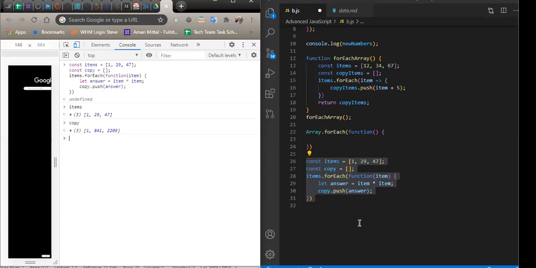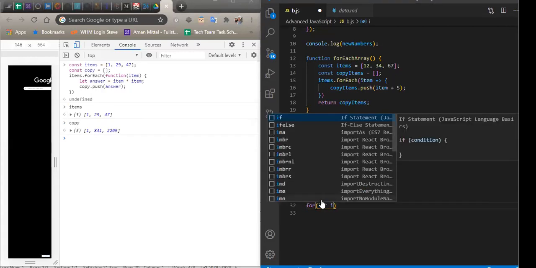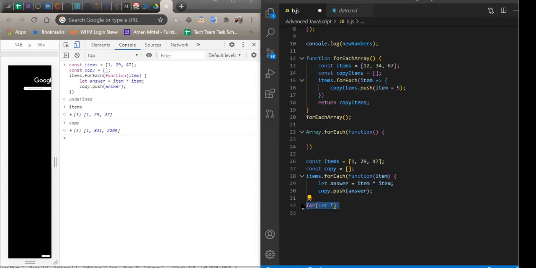So that is about for each, which I think by now we understand, and how we can use it to perform some operations on our array. This for each is much easier than using for let i equals this, and so on. That is what for each is trying to do, to make our life easier. But